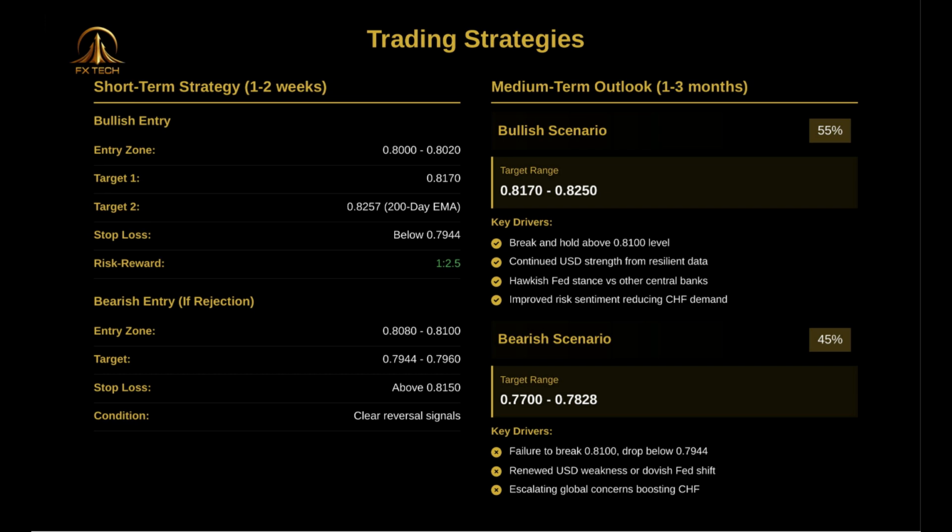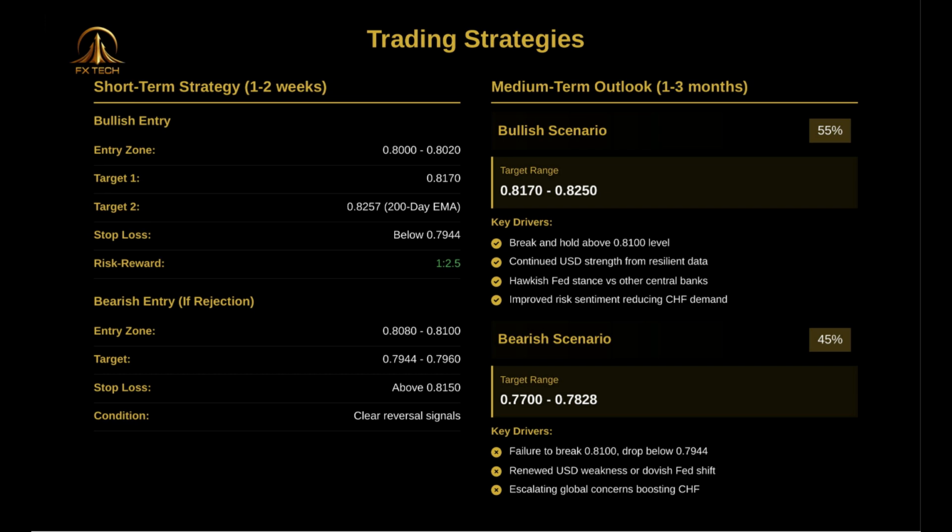The bullish scenario, which we assign a 55% probability, assumes a break above 0.8100, targeting the 0.8170 to 0.8250 range. The bearish scenario, with 45% probability, would be triggered by failure at 0.8100 and a break below 0.7944, targeting